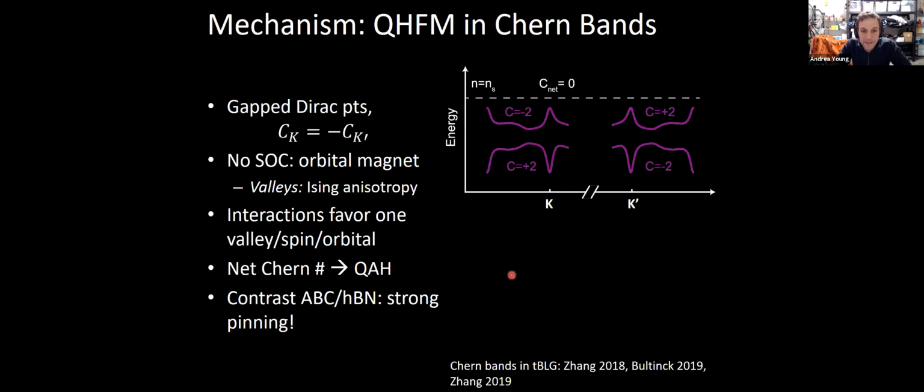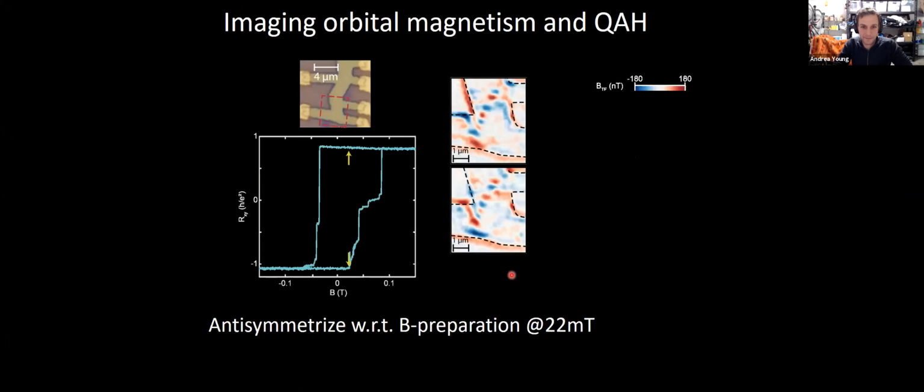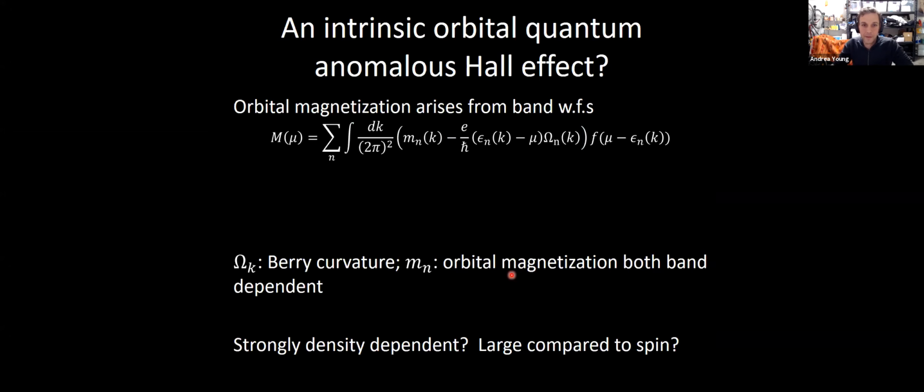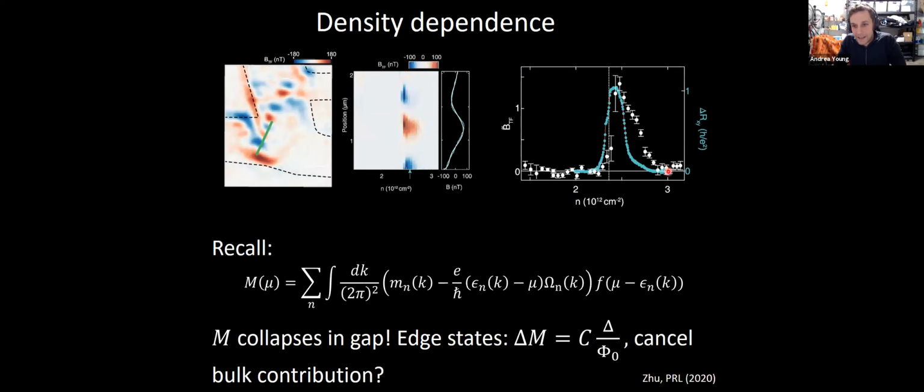How much all of the terms in this, sorry, I've lost my place here. I think it was there at the beginning. There we go. How much these different terms all depend on twist angle and registry to the hexagonal boron nitride and strain. I think the short answer is that it probably depends on all of them, but this huge, order 1 change of the measured signal inside what is nominally the bulk gap tells you that it's mostly edge currents. Most of this peak signal we see is edge currents.